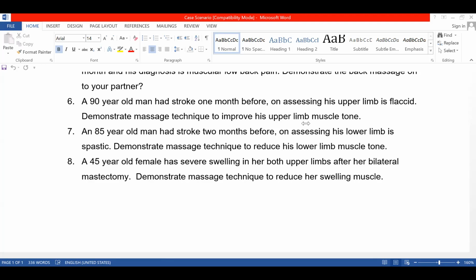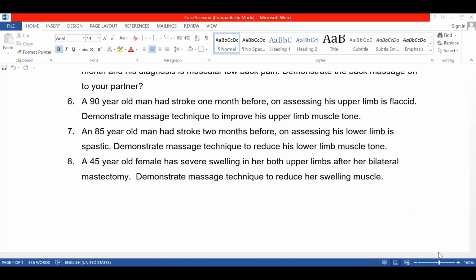For the arms, we will start with touch. The touch will be from fingers to shoulder, and then stroking from distal to proximal. For the fingers we will do spiral kneading, then from wrist to elbow, and then elbow to shoulder. Then we will proceed with effleurage, also from distal to proximal, draining to the axillary.